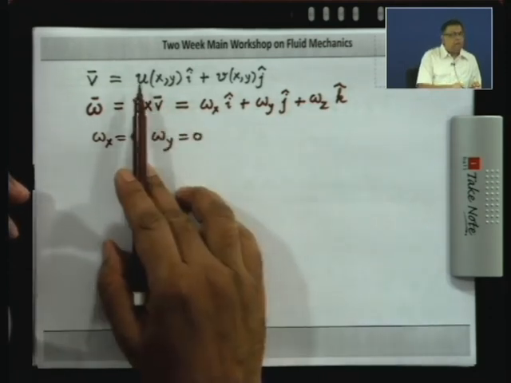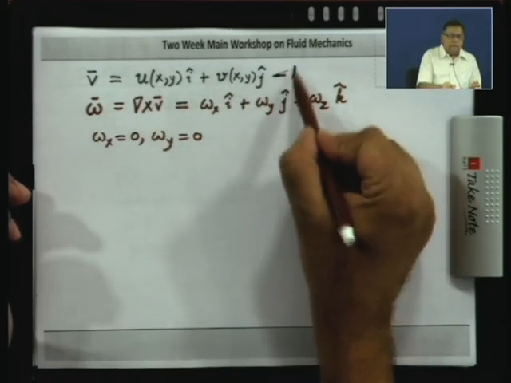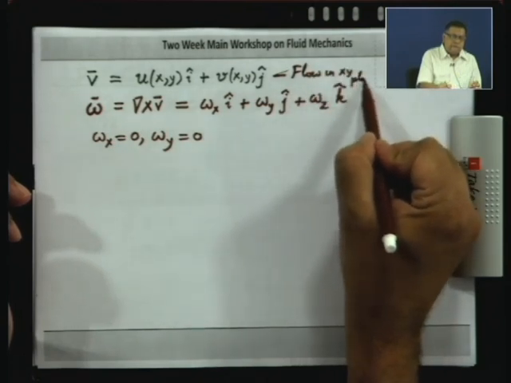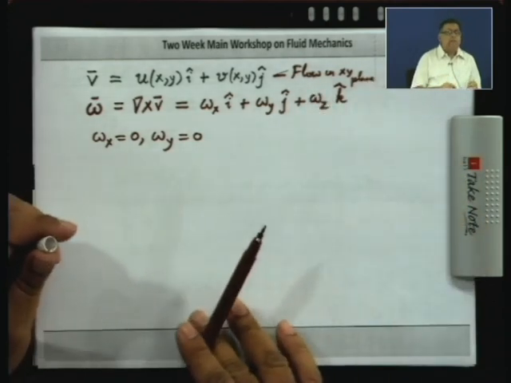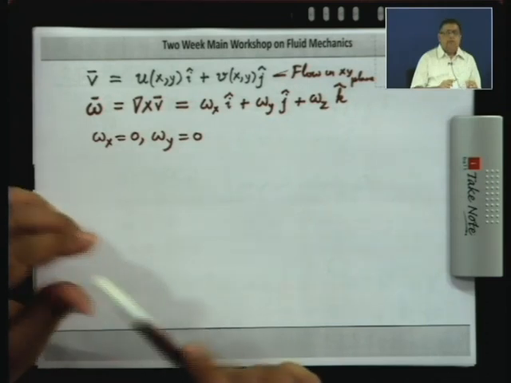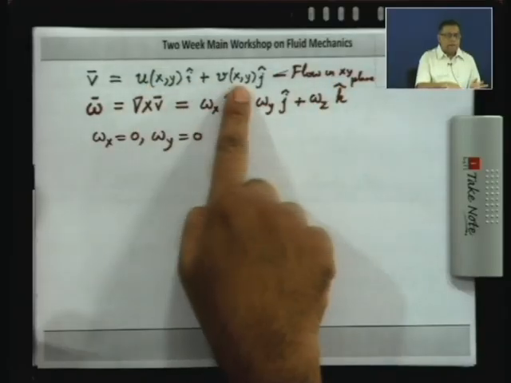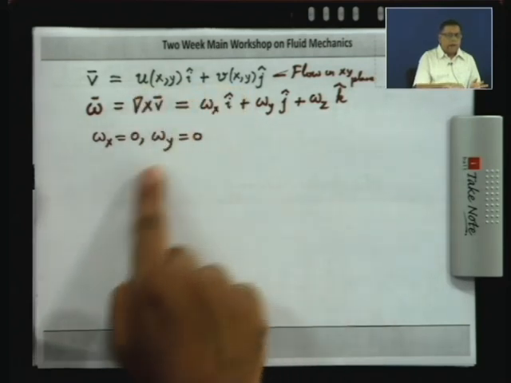So, if the flow is in the x y plane, this is called a flow in the x y plane. This statement means that you have only a v x and a v y component of velocity. The v z component of velocity is 0 and there is no variation in the z direction. It is not that the flow is occurring in a plane, the flow is occurring in a 3D volumetric region, but mathematically you have only a v x and a v y, which here I am calling u and v, and they depend only on x and y. In that case, what you find is that